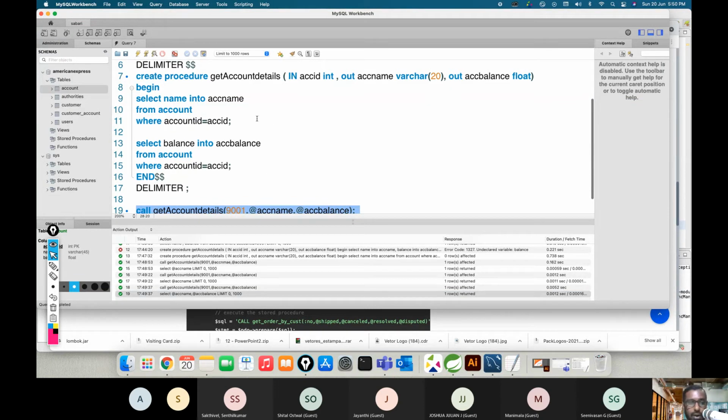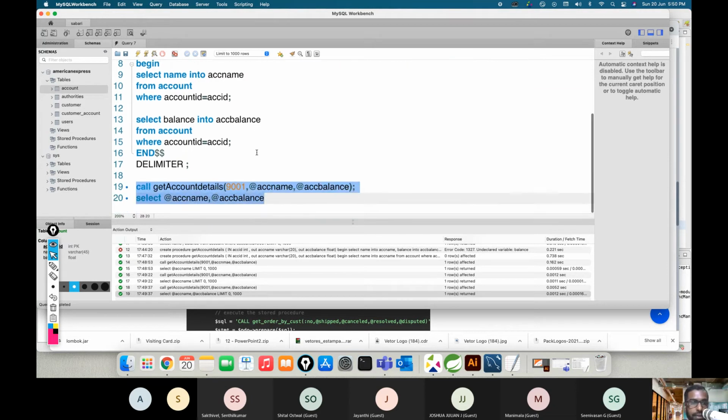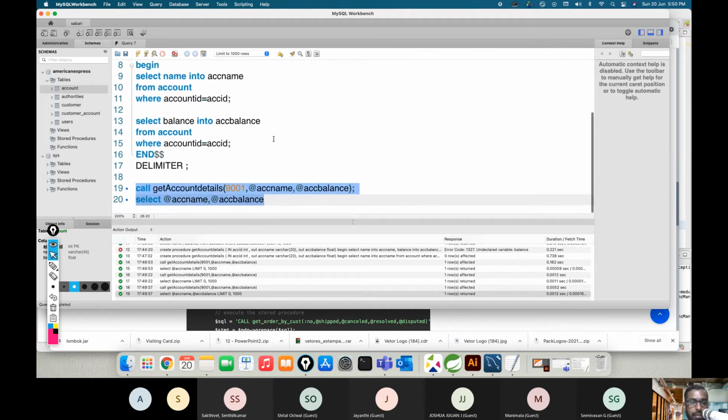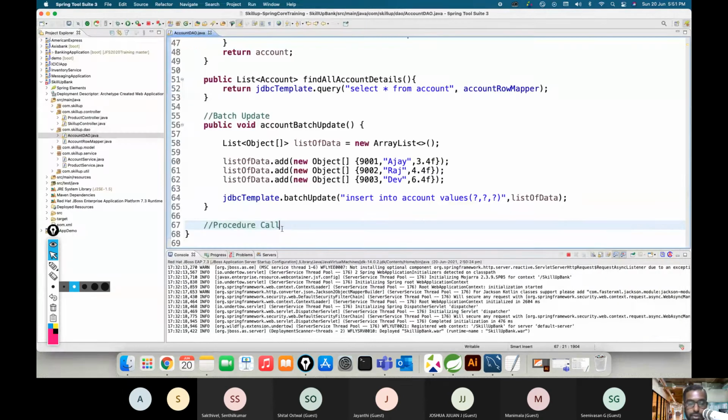I'm not sure, but in Oracle, I don't think we do it this way. We could have a single query. There should be an option here. Anyway, I don't have time to research further. That's okay. This procedure works intact, not a problem. Now we need to call this procedure from our backend application. So, procedure call. Here, let's create a method called public